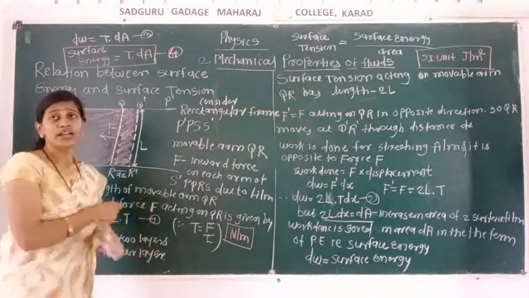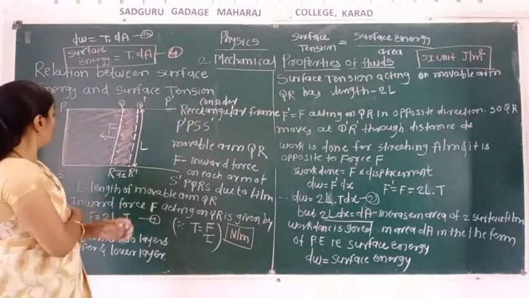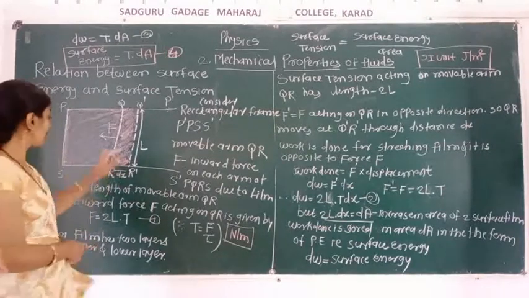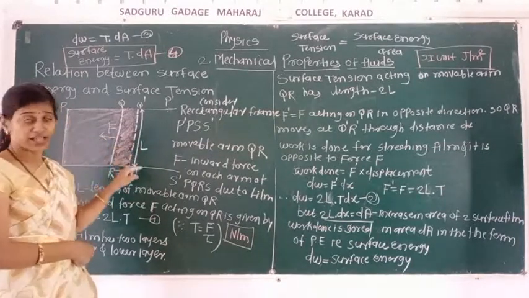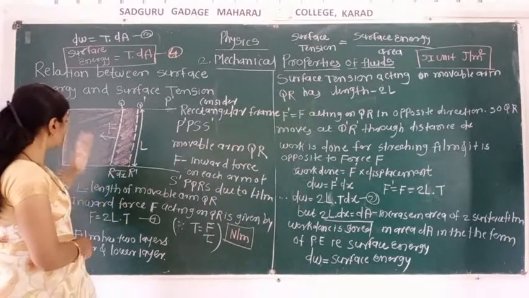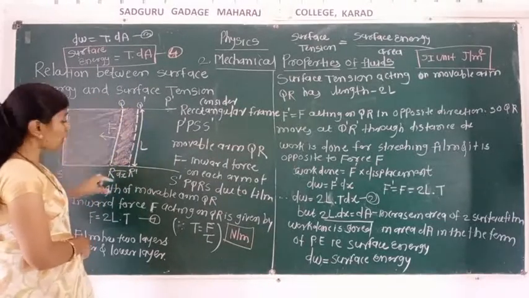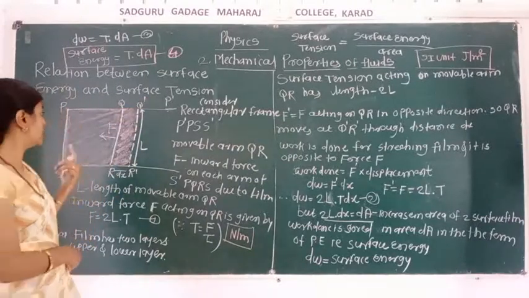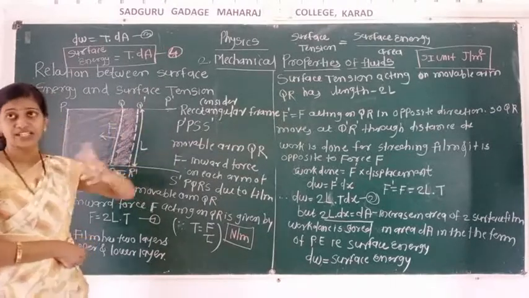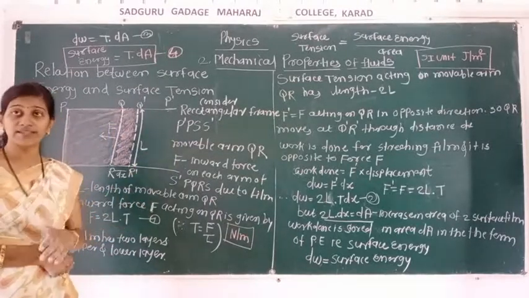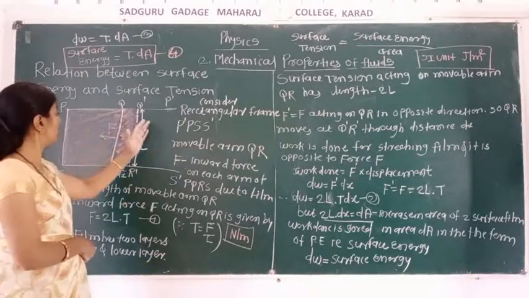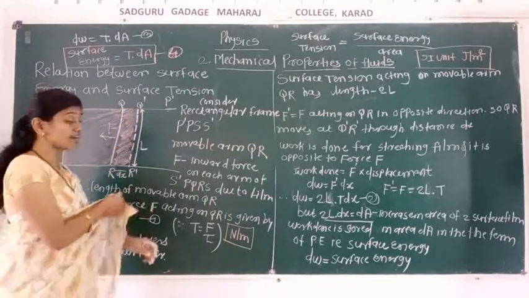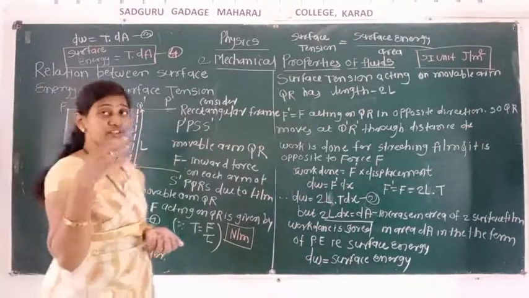So this is first. Now imagine that on the movable arm a force is acting. The force is denoted by F', which has the same magnitude as F but in the opposite direction, acting on QR. Due to that force, what happens? QR moves to Q'R' through the distance dx. So here work is done. Displacement is there, force is present there, work is done. The work is for stretching the film. When the movable arm QR moves to the new position Q'R', in this process there is an increase in the surface area.